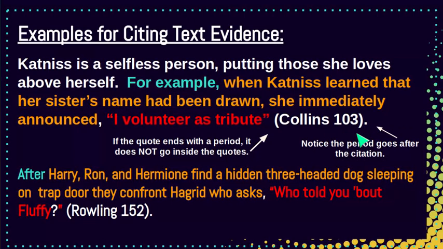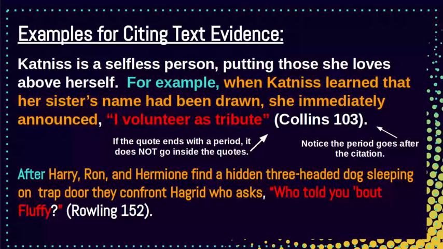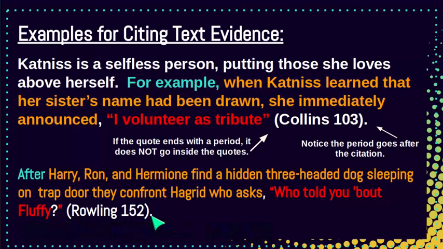Here's another example. After Harry, Ron, and Hermione find a three-headed dog sleeping on a trap door, they confront Hagrid, who asks, comma, open quotes. This is the beginning of my text evidence, so I have to capitalize this sentence. Who told you about Fluffy? Being that this is a question, you would use a question mark. End your quotation, open parentheses, Rowling, page number, close the parentheses,